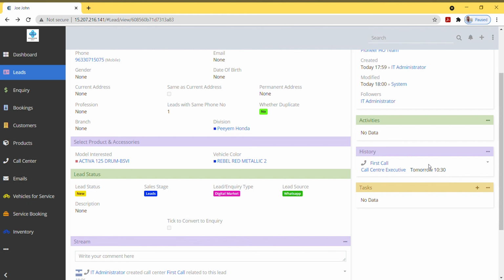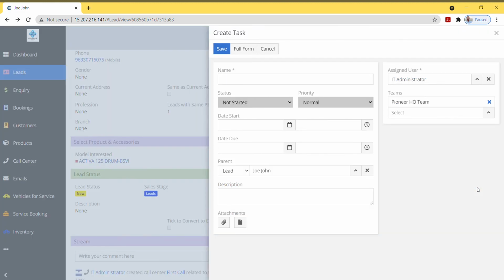Another option that we have is the tasks pane, where you can add a task. For example, verification of a document, verification of registration. You can provide the status, like if you have started the work or completed it, or if that request was cancelled. So let me do a started option, and you can provide a priority to the particular task: normal, high, or urgent. So it's a normal option.